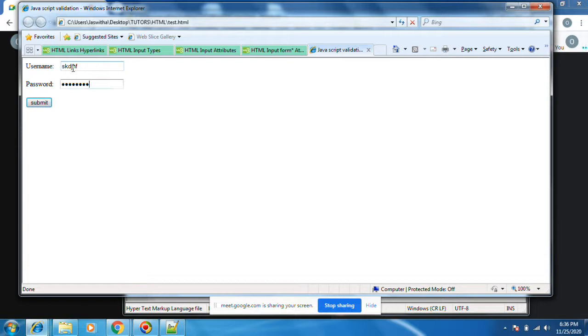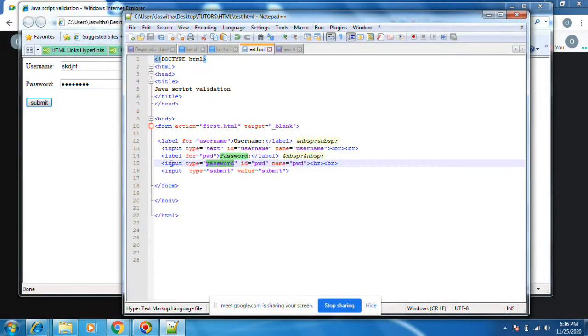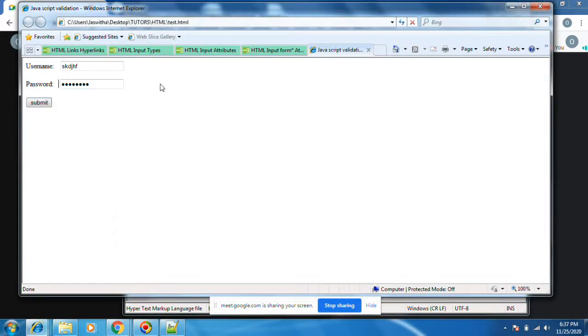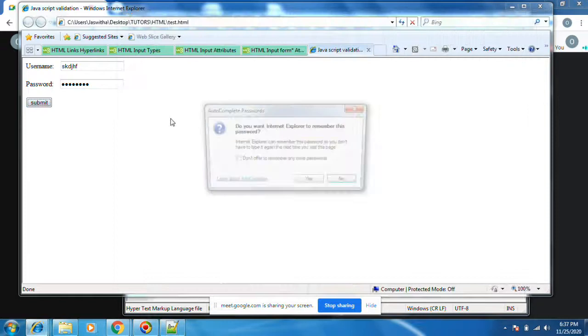Password, you see there. In any Google login page, the password we cannot see. This is called input type equal to password. If you do input type equal to password, this kind of text box will come. Then you can do submit.